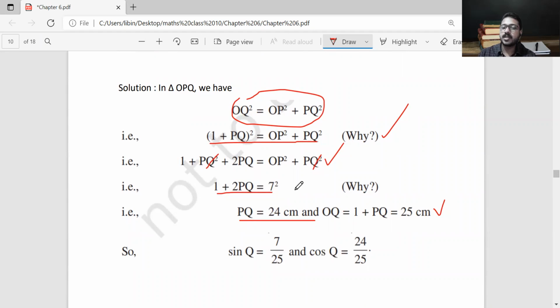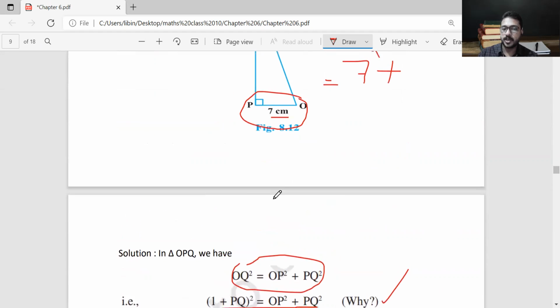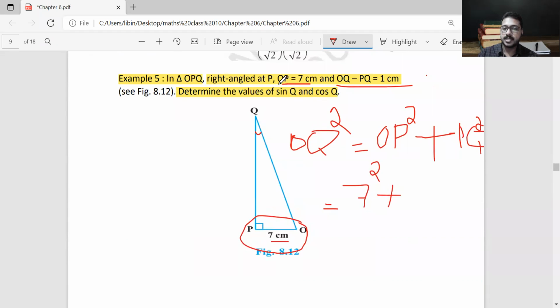So we have found PQ and OQ. Now what we want to find? Sine Q. What is sine Q? Sine means opposite, or in this case, sine Q is equal to opposite side, which is OP divided by the hypotenuse OQ. Therefore, OP is 7, hypotenuse is OQ, which is how much? 25. Therefore, sine Q is